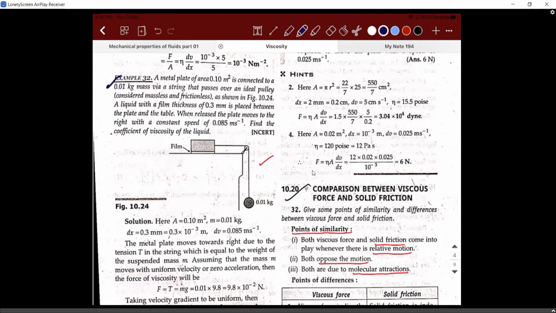Raghav, page number? 263, 263. It's a textbook problem. Look at the diagram and try to solve it. I think it's on the right hand side, correct? That one. So don't look at the solution, try to solve it on your own. Others, I think you can see this diagram itself because it is clear enough. So you apply your logic first.